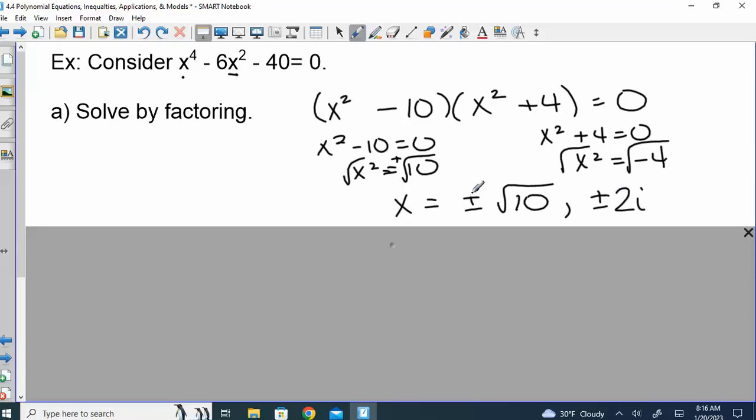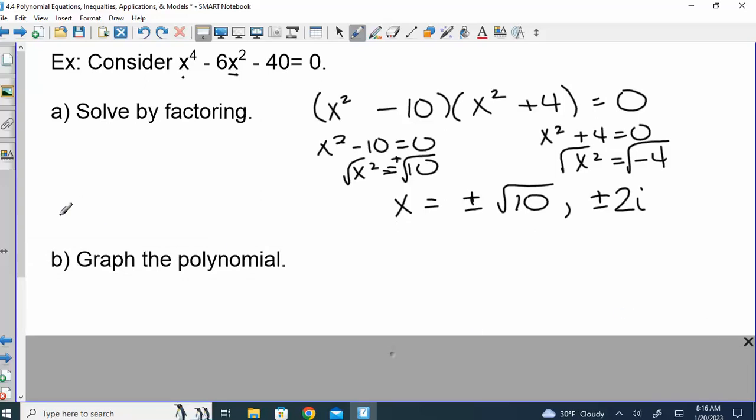Okay, so I got my 4 zeros. Would I have found any of those by p's and q's? No, because none of them were rational. We had no nice zeros there. So if I asked you to graph it,